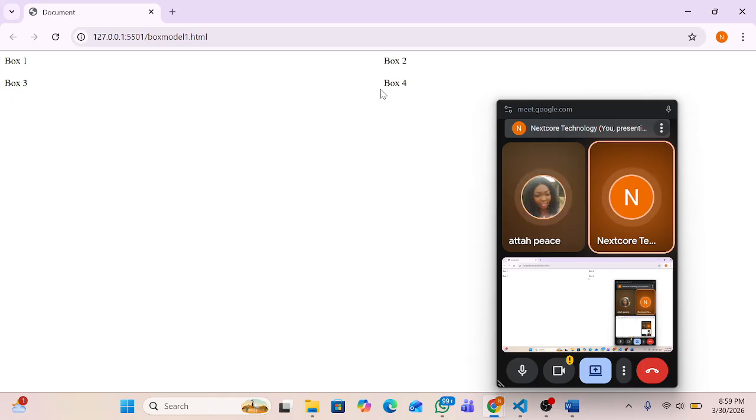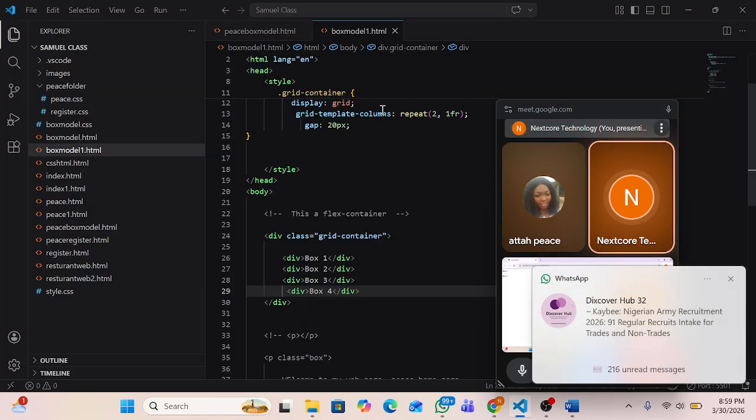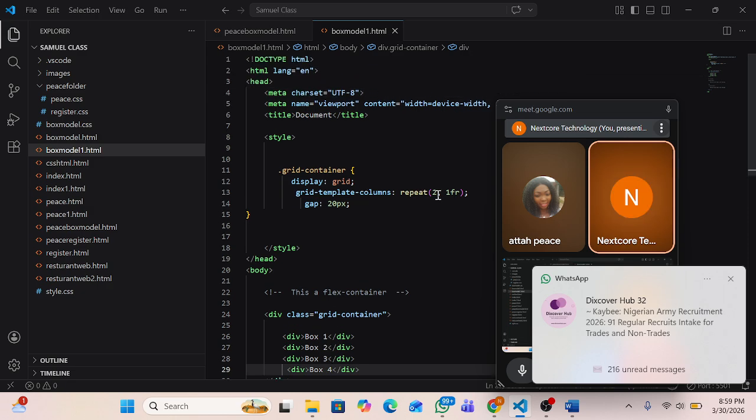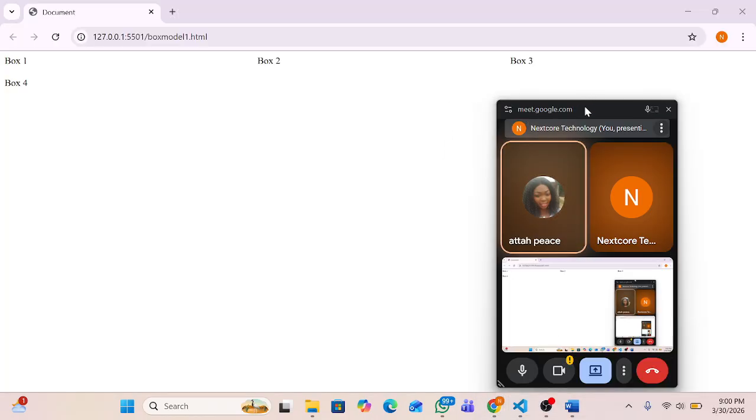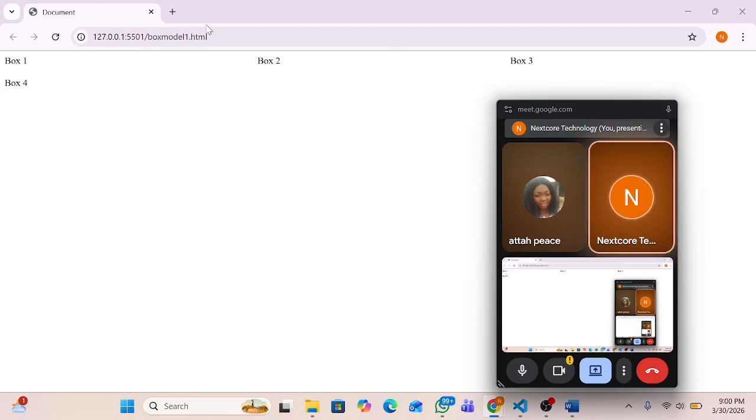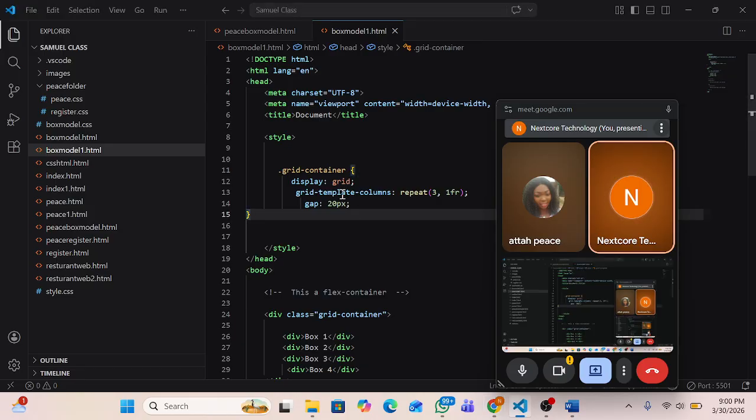So it only covers this part, like this, because we are saying it should be two, but we said it should be three before. You only cover one, two, three. So from here to here is one space. From here to here is one space. Then from here to any part is another space. Then if we give it another div,